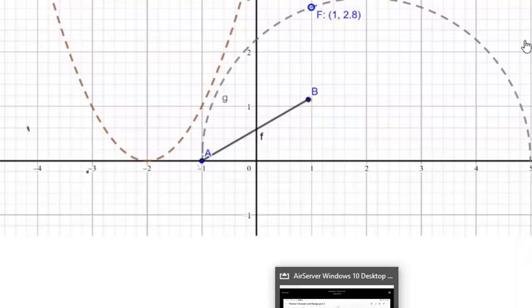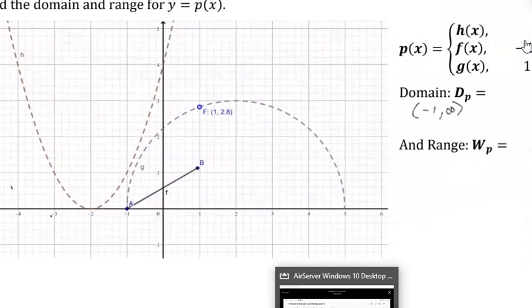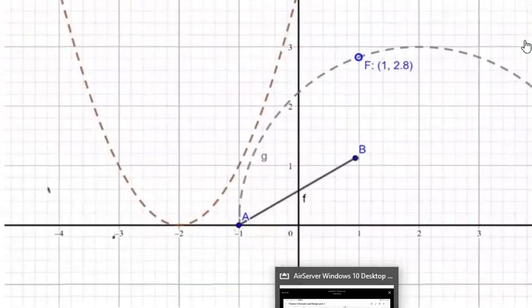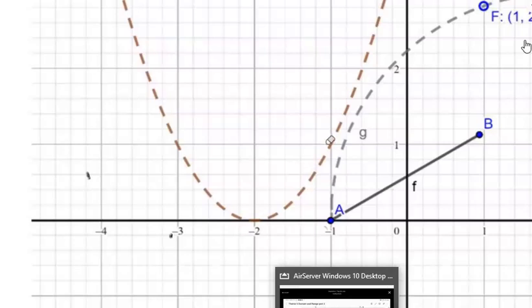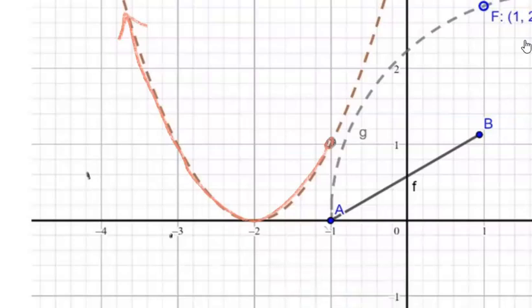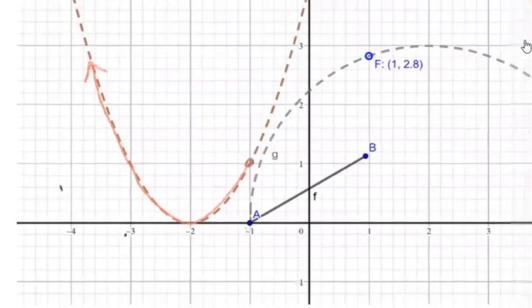And we said that it is less than -1, so we will have an open dot here at -1. I'm going to use a red for that, an open dot, and then it will continue on the path of this broken line of the parabola, and that will be my first part of the function. The next part is already drawn from A to B, and the next part,